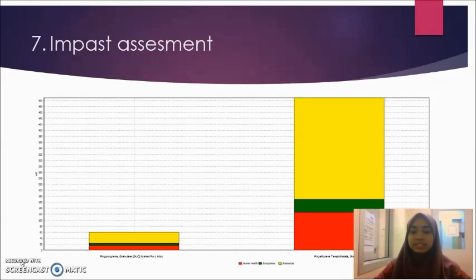Next, for the impulse assessment, we compare two materials, polypropylene and polyethylene. Polyethylene contributes a higher resources percentage compared to polypropylene. So this shows polypropylene is more harmful to the